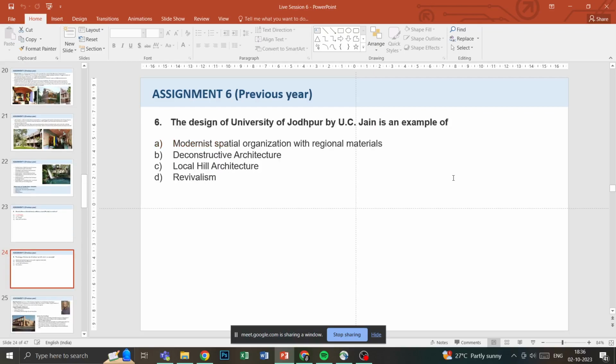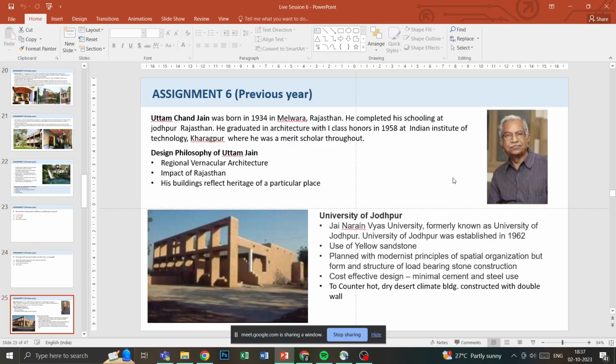Moving to question number 6. The design of University of Jodhpur by UC Jain is an example of modernist spatial organization with regional materials, deconstructive architecture, local hill architecture, or revivalism. So, Uttam Chand Jain